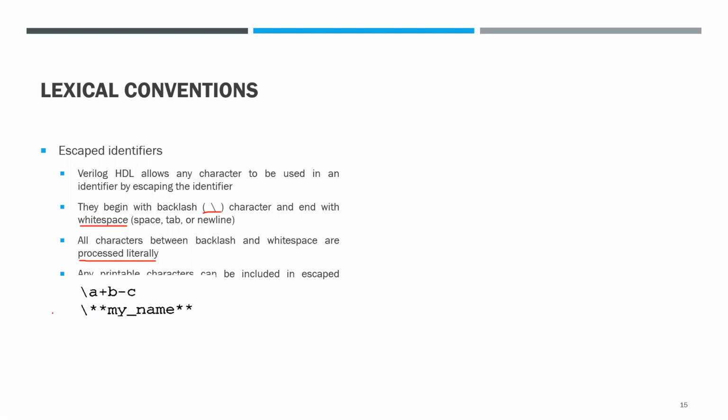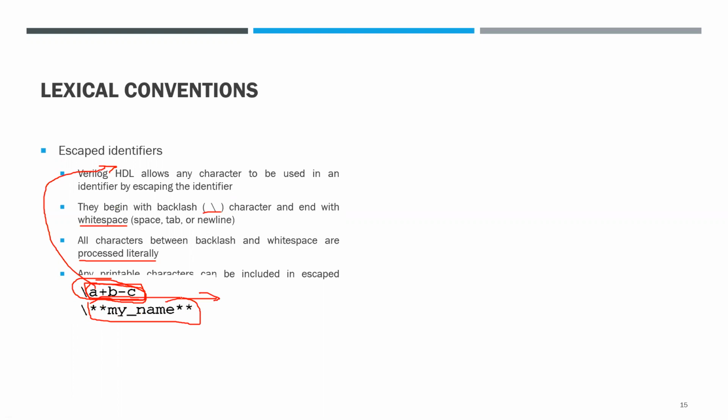So this is just a few examples. Here A plus B plus C is the escaped identifier. This total is the escaped identifier. These are the characters which are representing the identifier in general. So we have a backslash and then either space, tab, or enter. Here you can see that you have a backslash, and after these two stars, you have either a space, tab, or enter. So from this point to this point, this is the name you have. This entire thing is the escaped identifier.